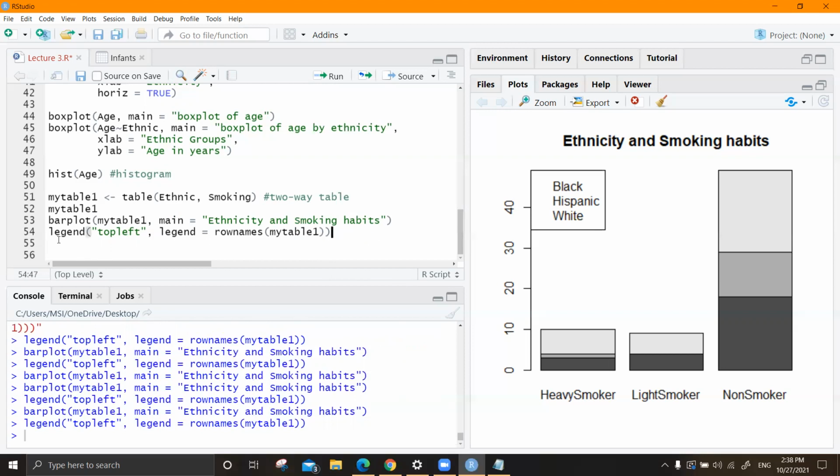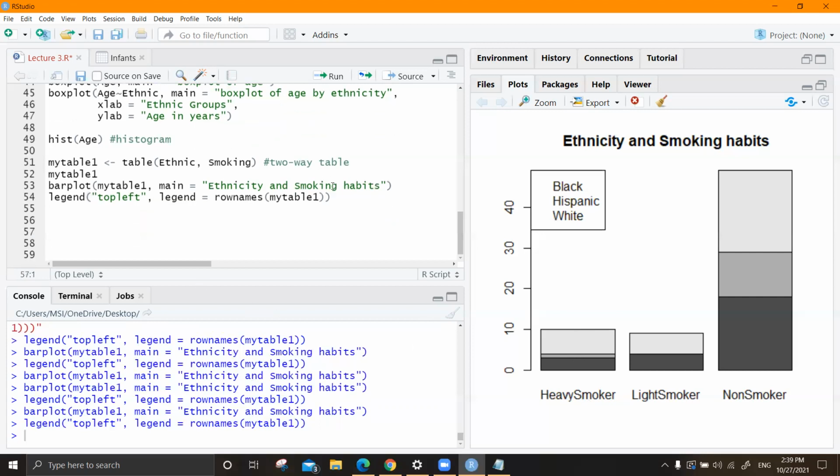Right, so that is when you want to place the legend in whatever place that you want. So the keywords you could Google and see. So it had top right corner, but we don't want to have it in the top right corner because this is going here, right? It's overlapping. So I should choose a suitable place to give the legend. Just see, if you want to have black, Hispanic, white here as your X labels, and heavy smoker, light smoker, and non-smoker as stats, then how are you going to do it?